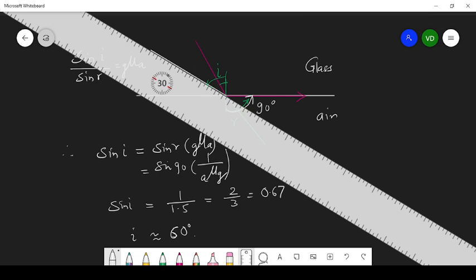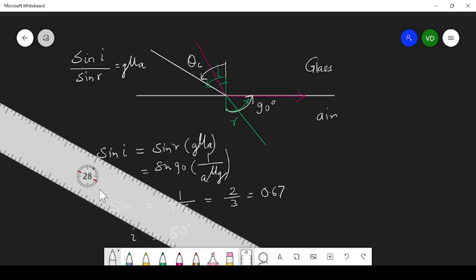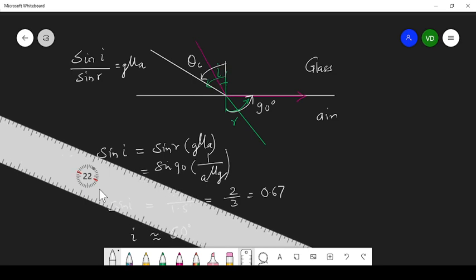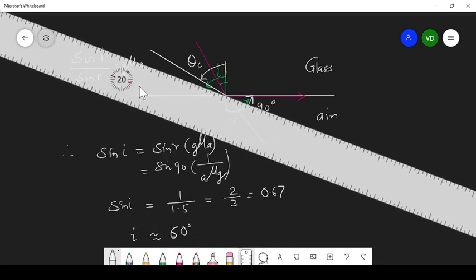So this is the particular angle which we will call theta c. And why are we saying theta c? Because this angle is the critical angle at which the angle of refraction is 90 degree. Now what will happen if we make the angle more than theta c? Now this is a bit logical. So let me take the angle as say 70 degree, for example.